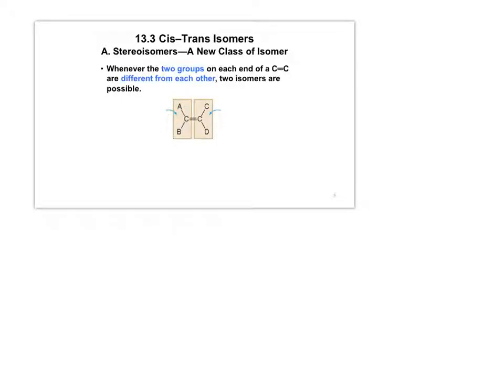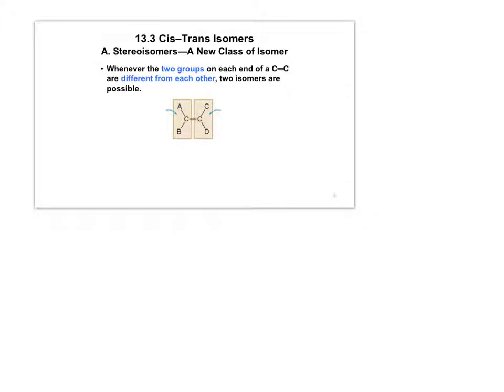So a unique feature of alkenes is the double bond. The double bond does not allow rotation. In other words, in an alkane, a single bond can rotate 360 degrees. A could switch with B and vice versa. At any given moment, A could be down here, B could be up here, through rotation of a bond in